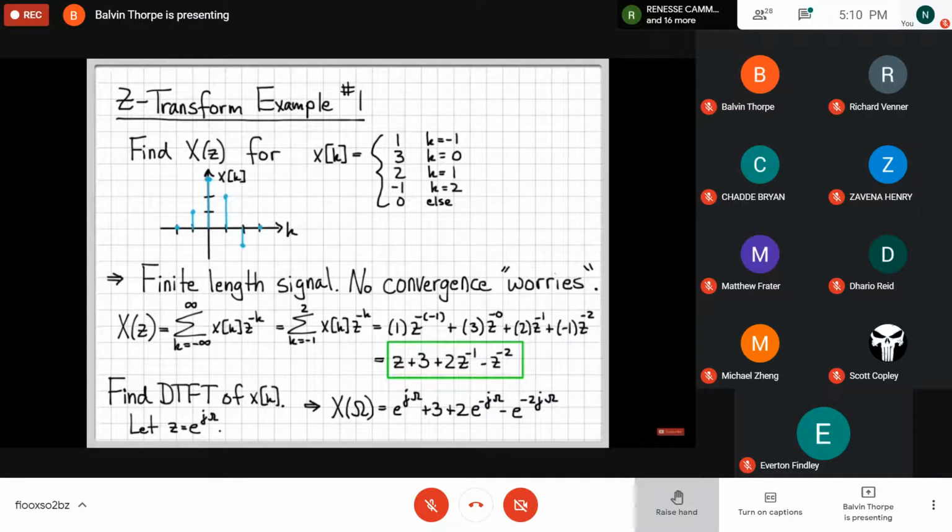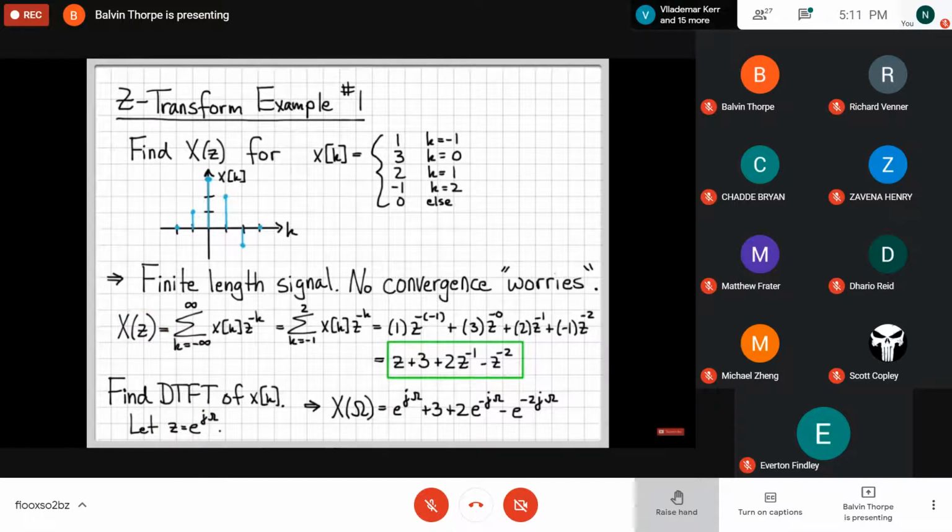For this case, we didn't have to worry about the region of convergence containing the unit circle, because for a finite length signal, the only places we have to worry about are when z is equal to 0. You can see that this thing blows up; if z equals 0, I'd have 1 over 0. So the only points to worry about are z equals 0, or z infinity or minus infinity, where x of z blows up. Those are the only points that aren't contained in the region of convergence. So the region of convergence does contain the set of points on the unit circle, and we're free to plug into x of z.